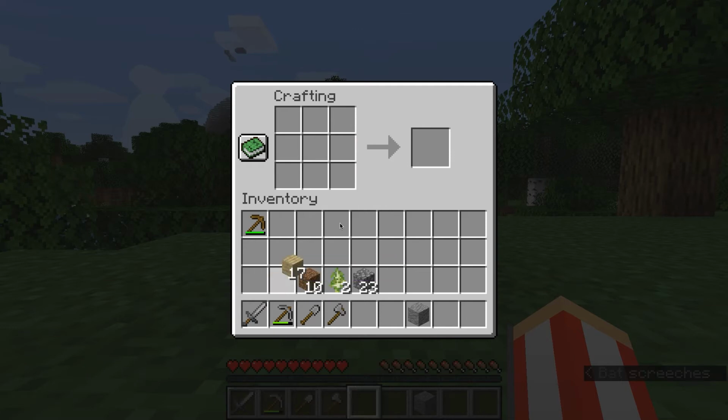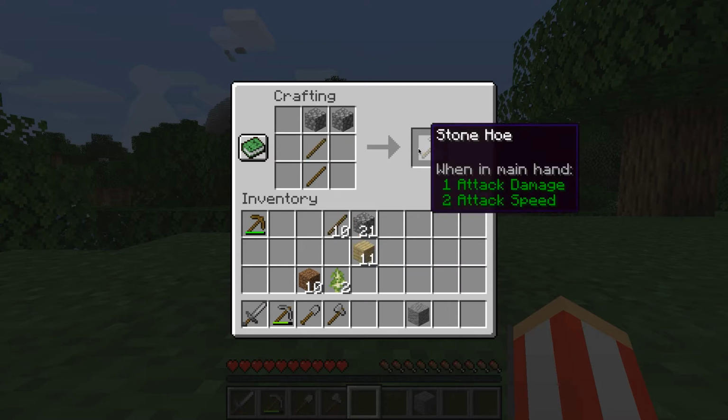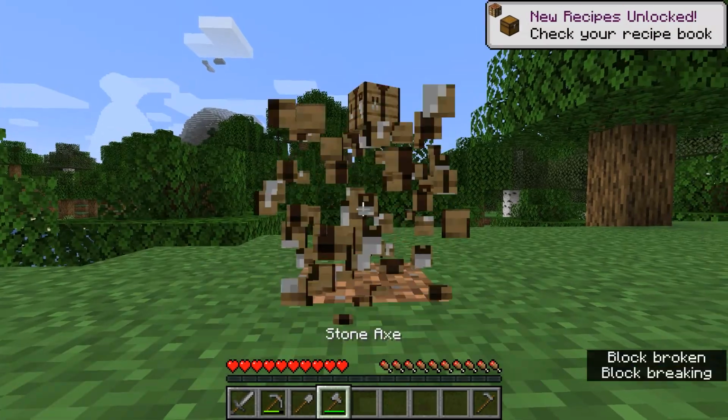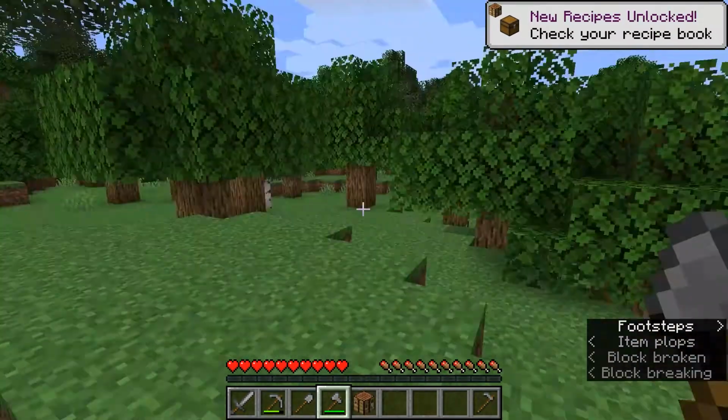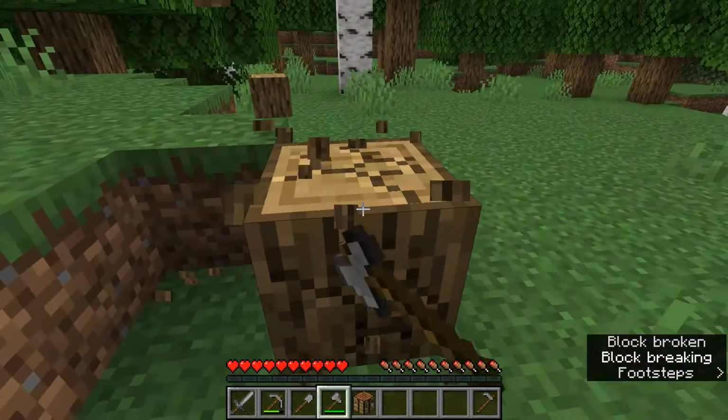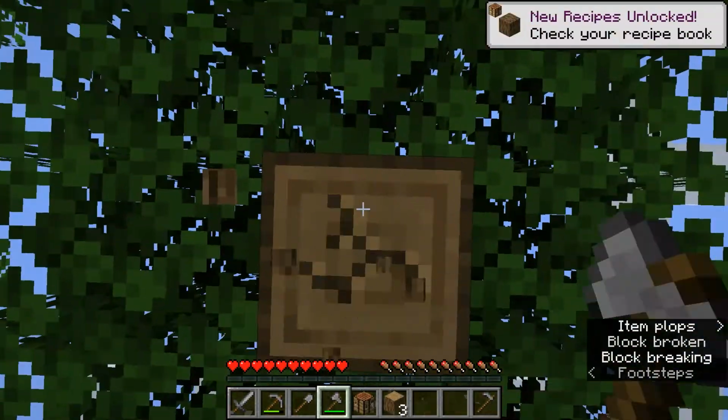And there's one more that I currently want to make, but I ran out of sticks, so I'm going to craft more of those first. That is the hoe. This one isn't quite as important. It's used for farming, which we probably won't do in this episode, but it's always good to have it either way. So now that we've gotten ourselves some basic tools made out of stone, we want to get ourselves more